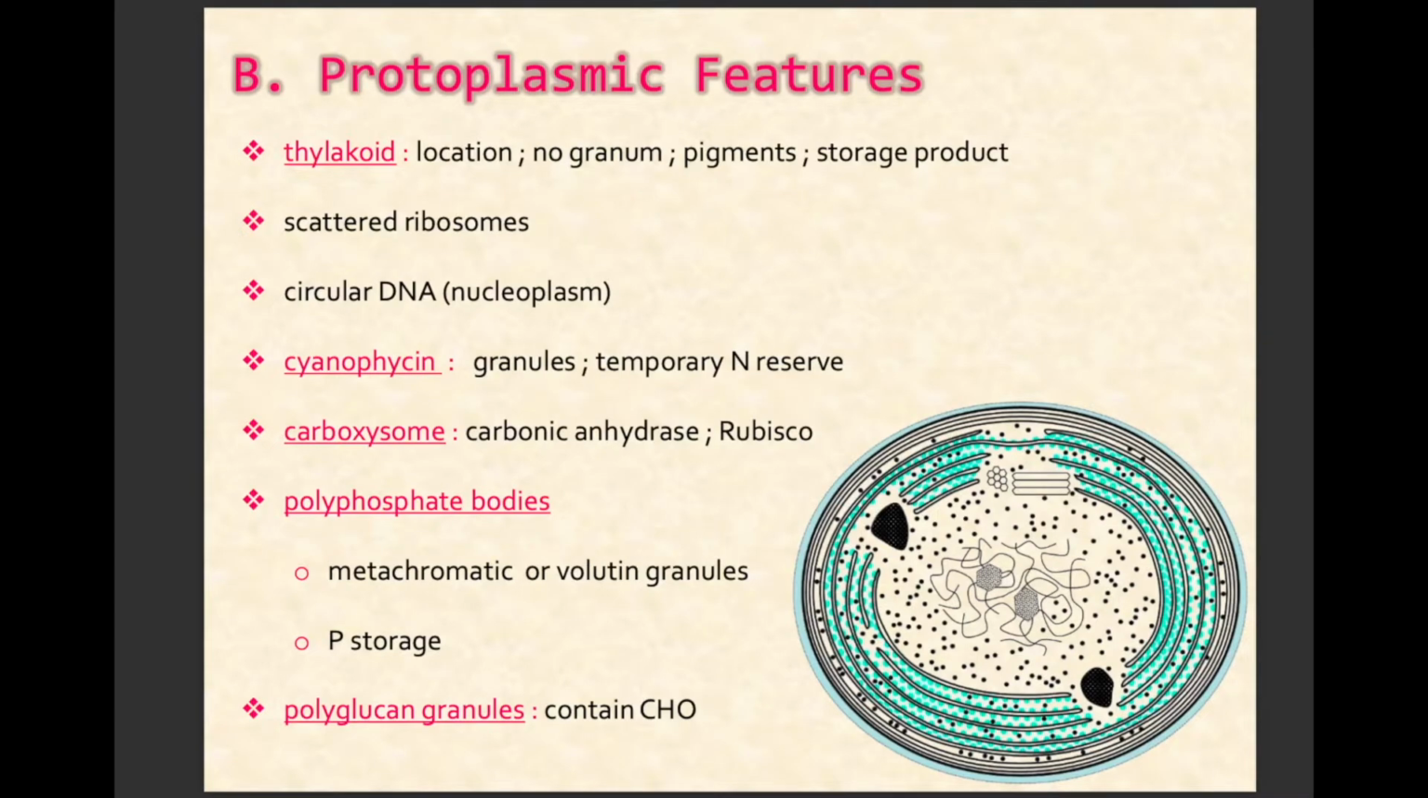Moving on with your protoplasmic features, we have your thylakoids right here, which in terms of location are in the periphery of your organism, near the cell wall or the cell membrane of your organism. They have no grana. These are one thylakoid per band. There are no stacks of thylakoids. The pigments are, of course, chlorophyll and certain phycobiliproteins. And your main storage product, as you remember, is glycogen, and unique to your cyanobacteria is